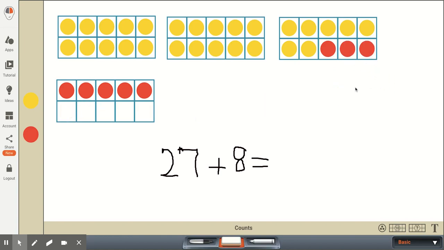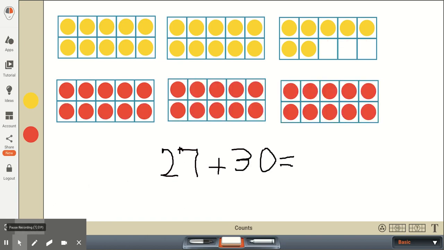Okay, and now when we do this, we've done our addition, and we can count up now our 10s. Now we have 1, 2, 3 10s, or 30, plus 5 1s. So that's a total of 35. So when we're adding 27 plus 8, using our 10 frames and our counters to help us, we've added a 2-digit plus a 1-digit number, and the answer is 35.